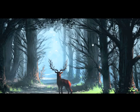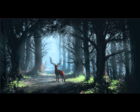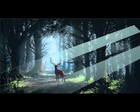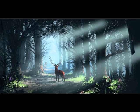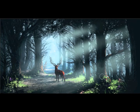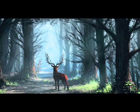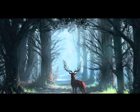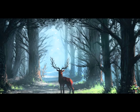Just really punching up some highlights, adding in extra little broken branches and leaves and stuff like that. I'm going to throw some flowers on the ground. Now I'm going to do a little bit of washing in of some sun rays through the trees. I use a lasso tool with a gradient, and then I do a Gaussian blur, which is up in the filters. And then from there, I'm just adjusting its opacity, maybe adjusting, do I want it as a soft light layer or a vivid light layer. I'm in the layer properties,